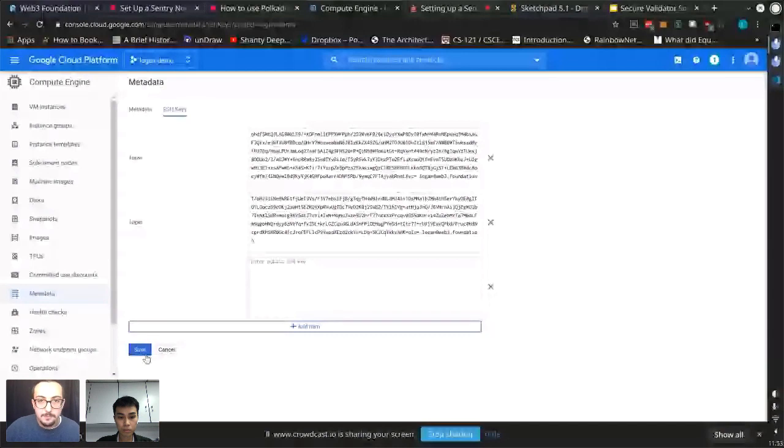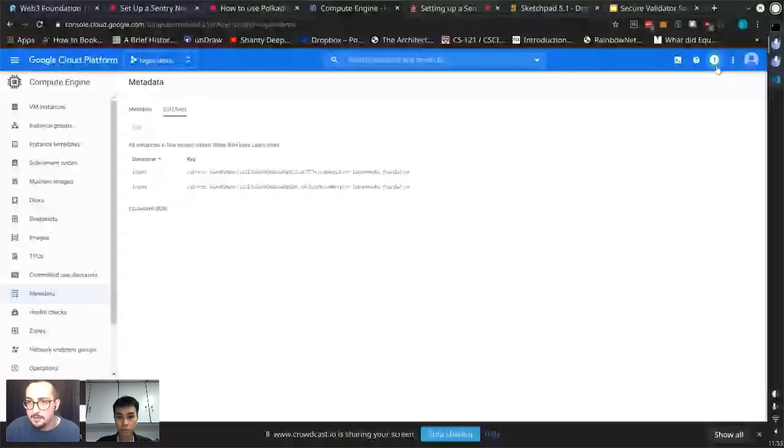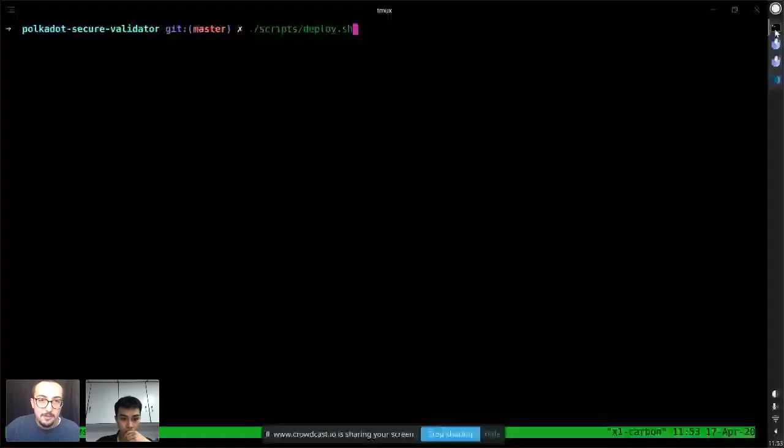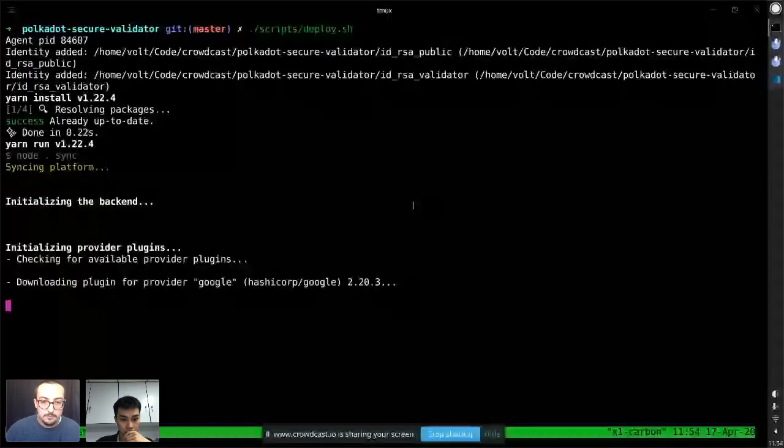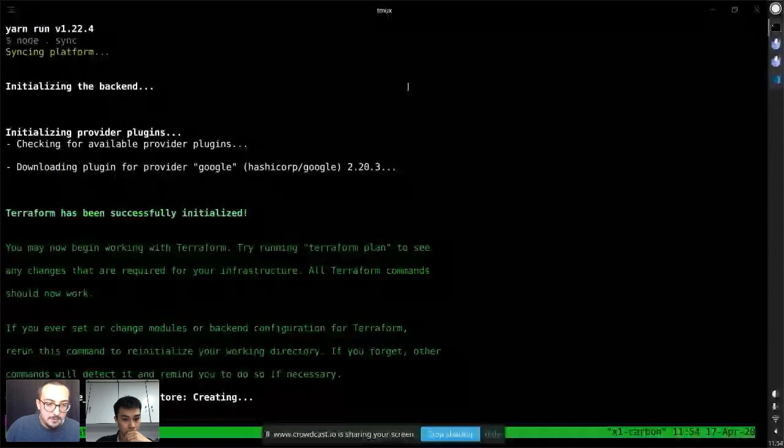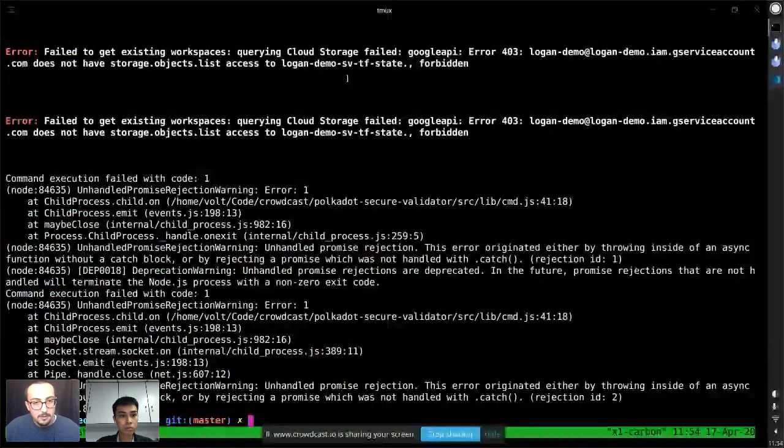And save. And the compute engine should be up by now. Yeah, I think that's what this says. Yeah, so done. All right, and now I can run the deploy script, and fingers crossed that it works the first time. So I'll kind of talk you through what's going on here. Demo. Okay, so